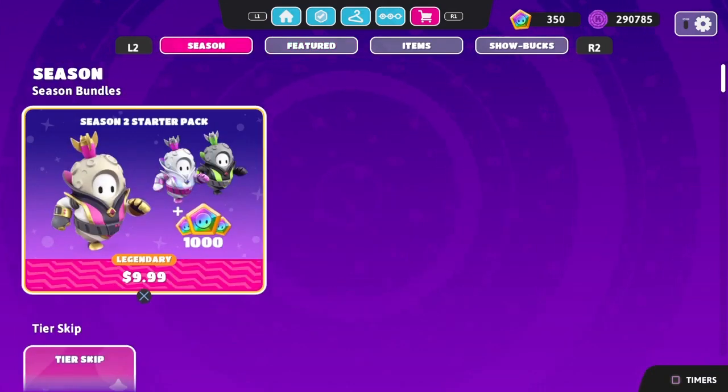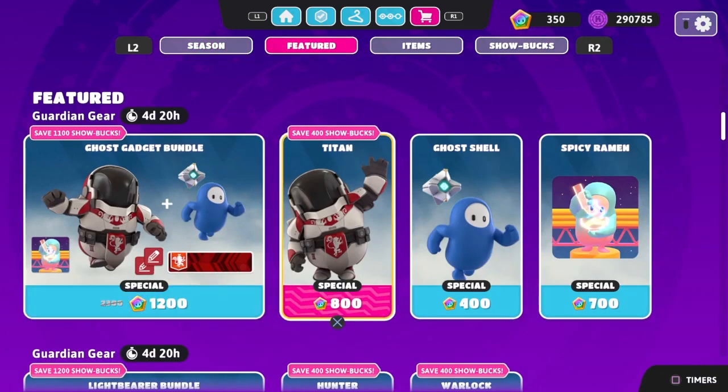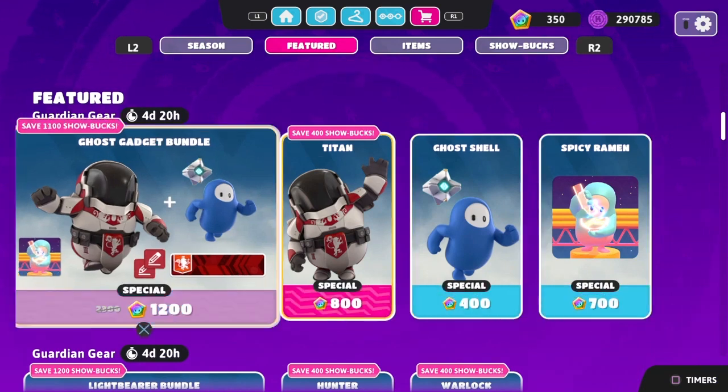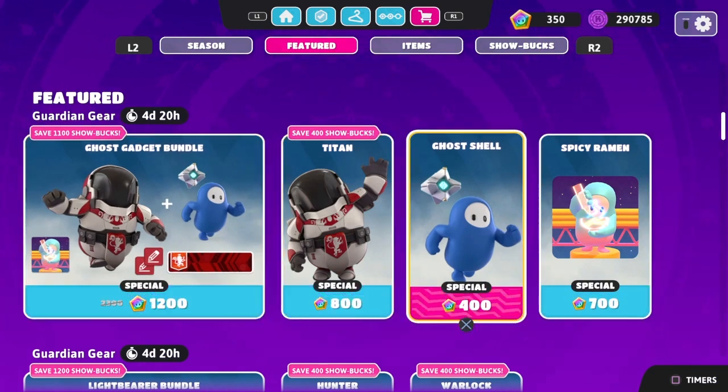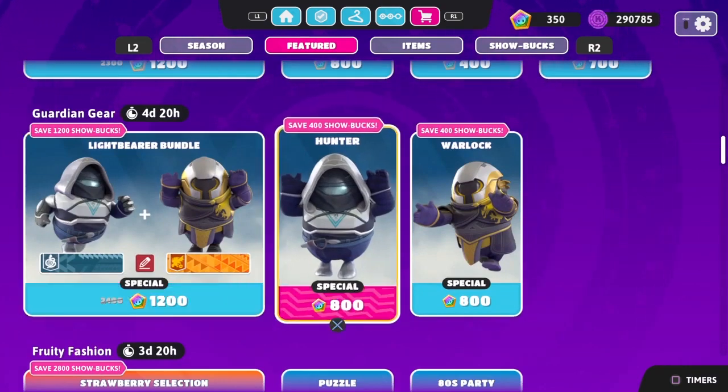There's a bunch of really cool bundles and stuff like that you guys can buy if you want. It is gonna cost you Showbucks, aka real money. So that's a bit unfortunate, but we have the new Destiny collaboration out, which is actually really cool. I may consider getting one of these bundles or something like that because I love the Destiny outfits and everything